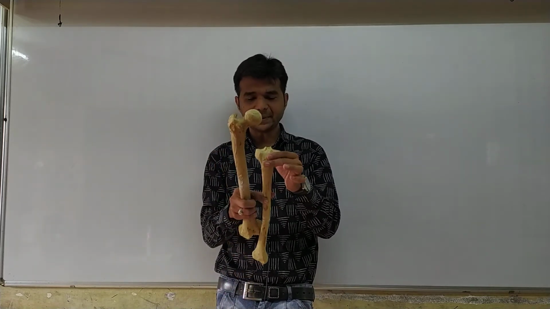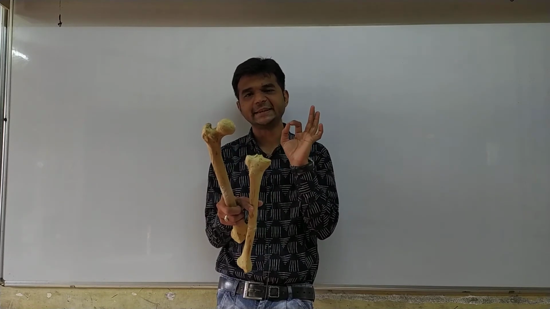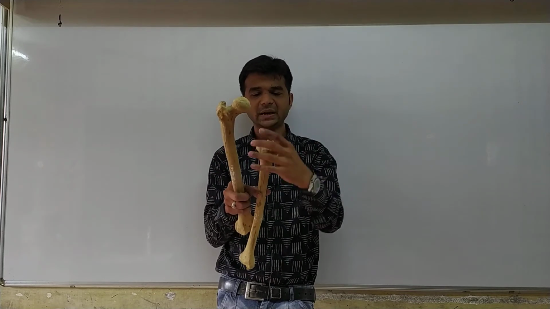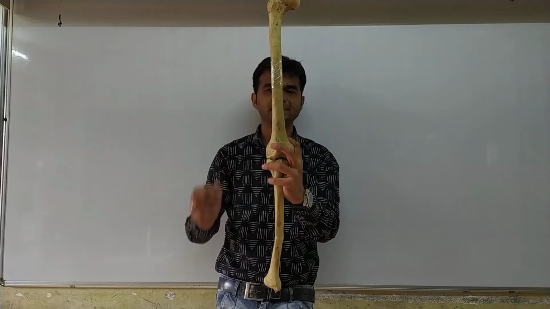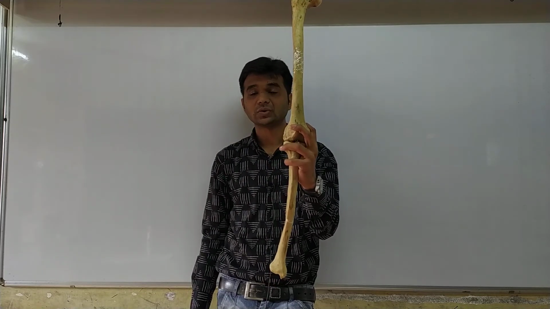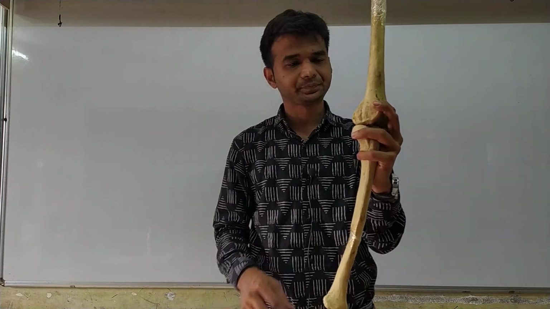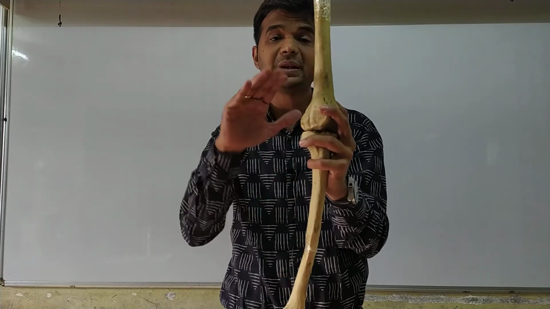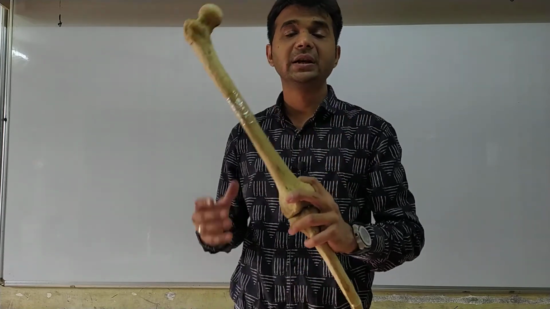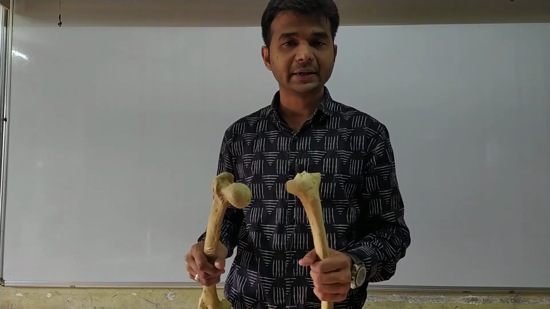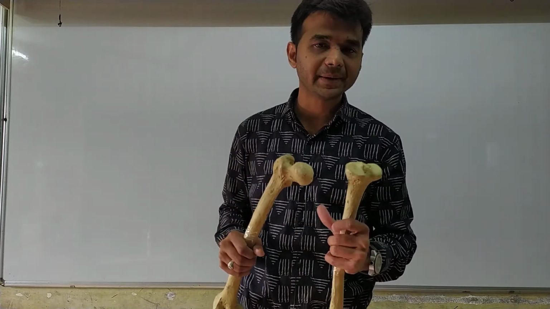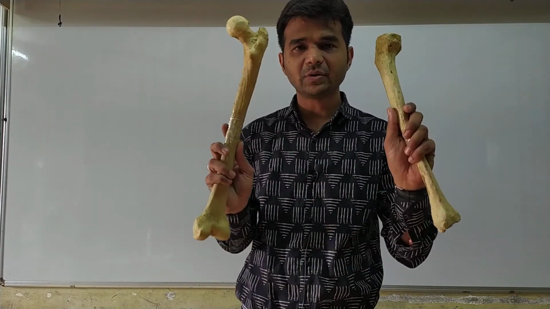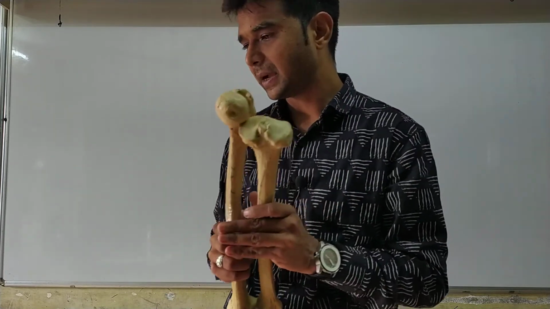Here what happens is degenerative changes occur on the uppermost part of the tibia and the lowermost part of the femur. According to that, the lowermost part of the femur and uppermost part of the tibia can be replaced with parts made of stainless steel. It is known as TKR, total knee replacement therapy, and it is a surgical procedure. So this is about the femur, tibia and fibula.